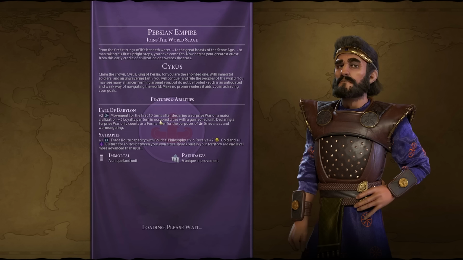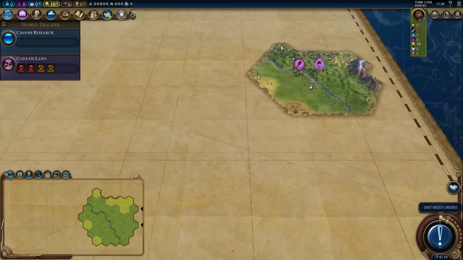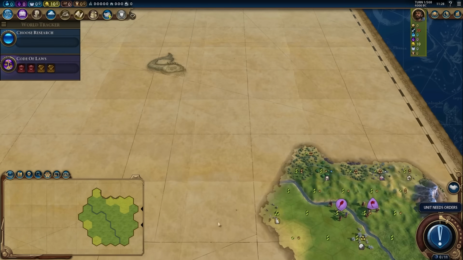Ooh, a Persia game. It's actually been a very long time since I've played Persia, and I'm really excited at the idea of doing a cultural Persia game focusing on the pirate Diza. Now, the cool thing is you can do some early war stuff with the Immortal, so there's kind of like an opening strategy here that we could play around with,